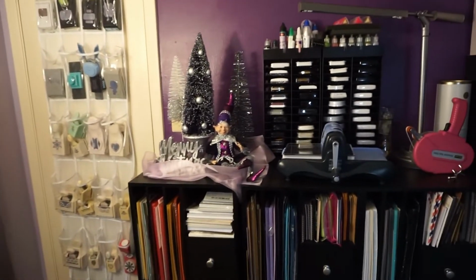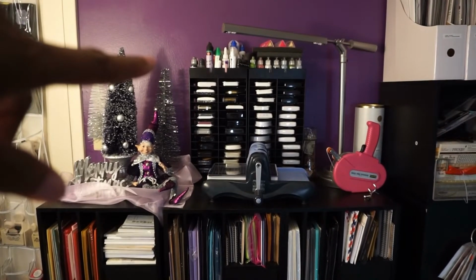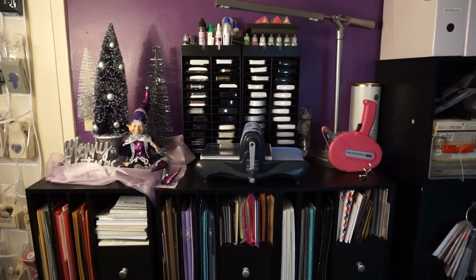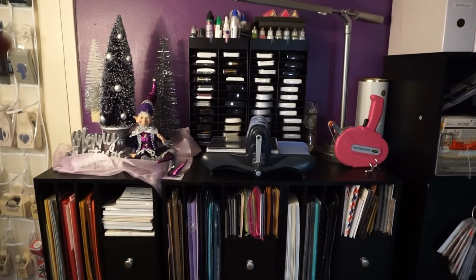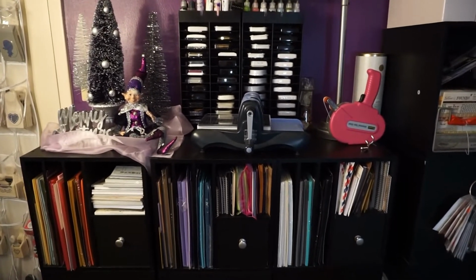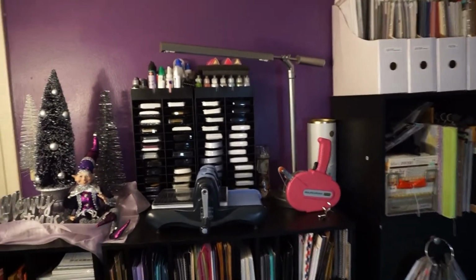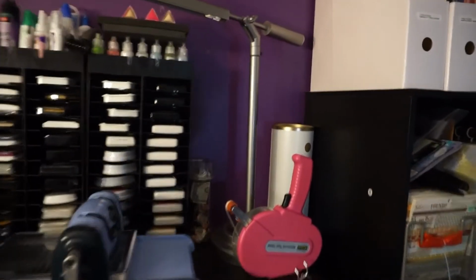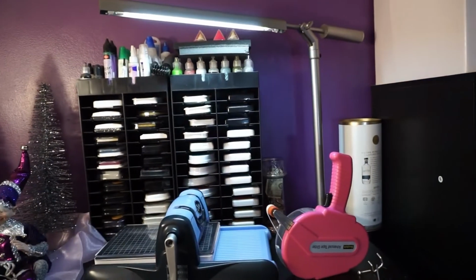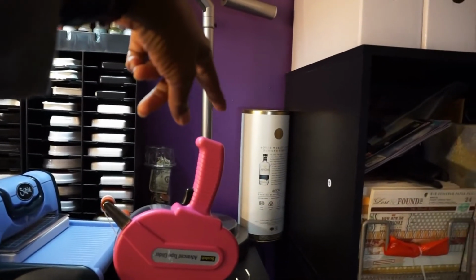So around the room, you have my stamp holder. I'm not sure where I got that at, but I've had it for quite a while. I have my big, what is that? The Big Kick? I think that's a Big Kick. My ATG gun. And then there is a lamp there. So that's the lamp. It was on my desk originally. And this is a box that I am going to be